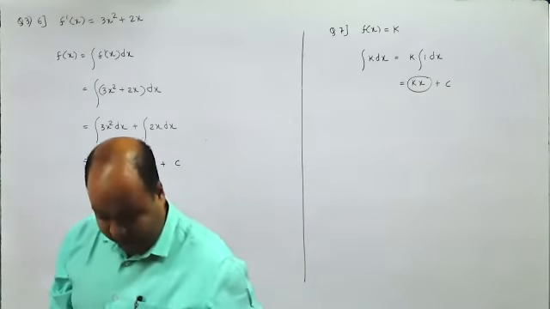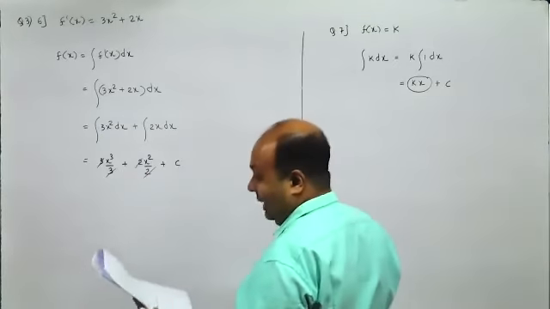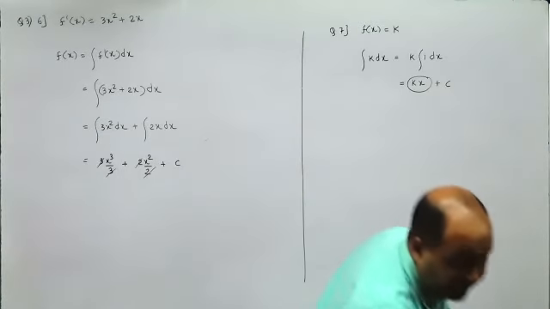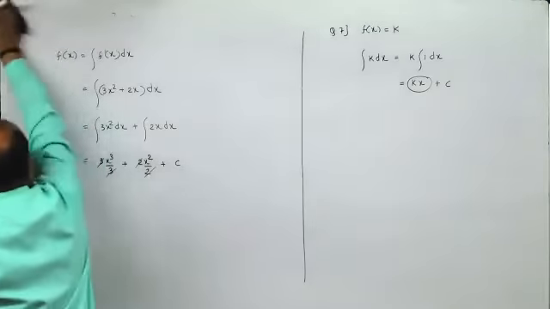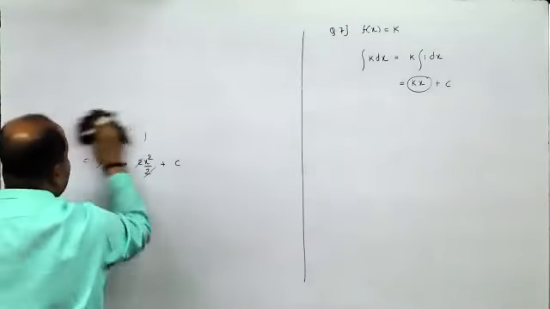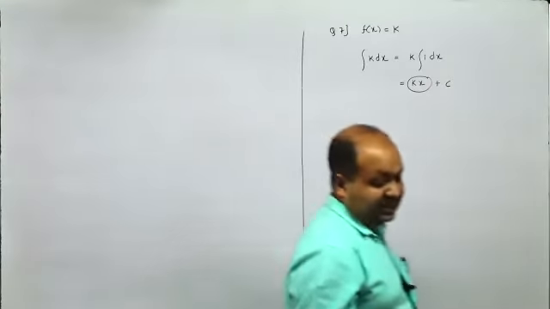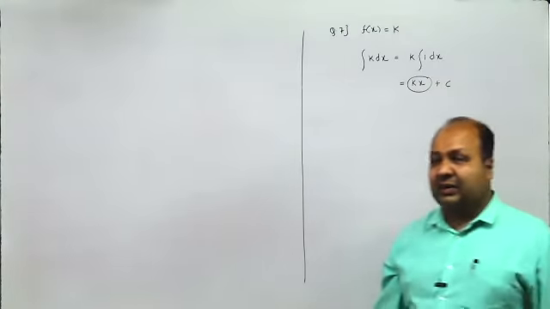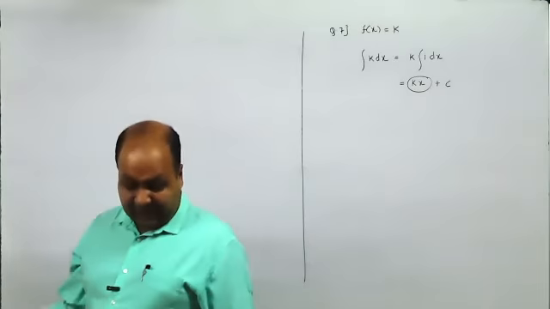Then the next type of sum, I'll make this the last type of sum. This is exercise 3. For today, I'll make this the last type of sum. Tomorrow onwards, I'll take for a full 2 hours.